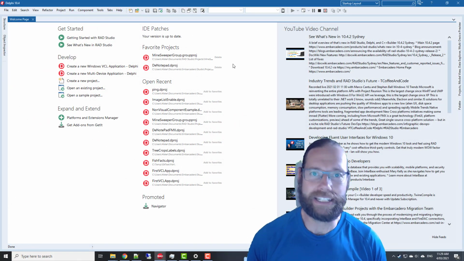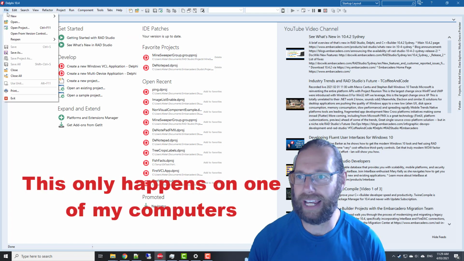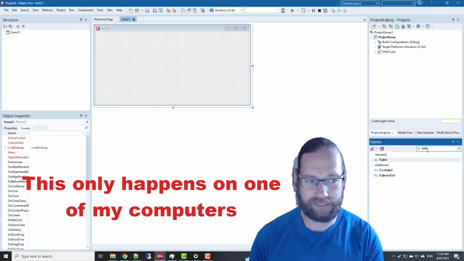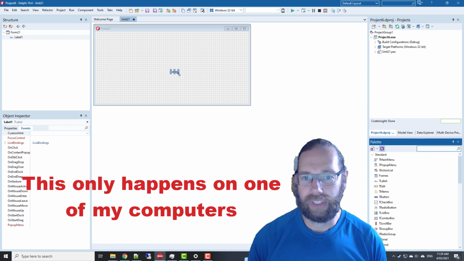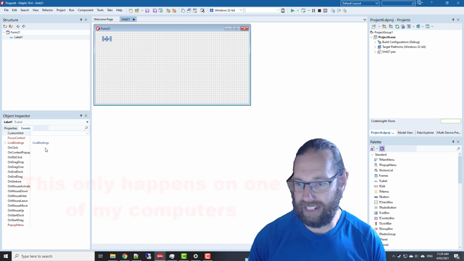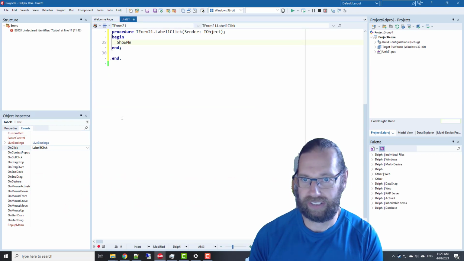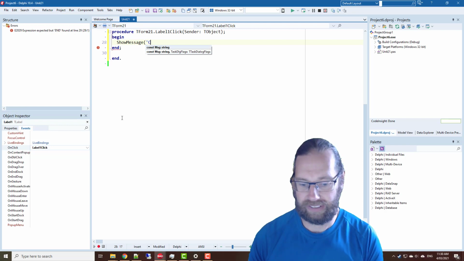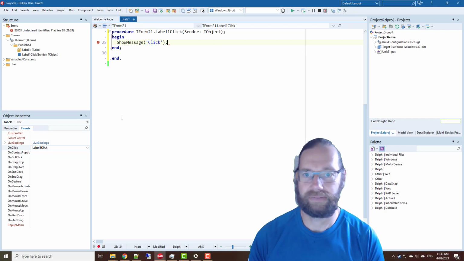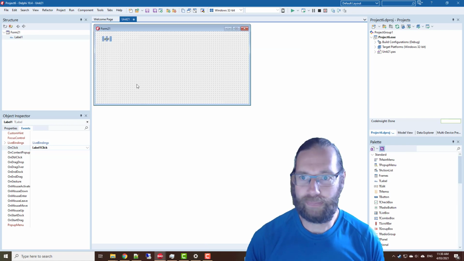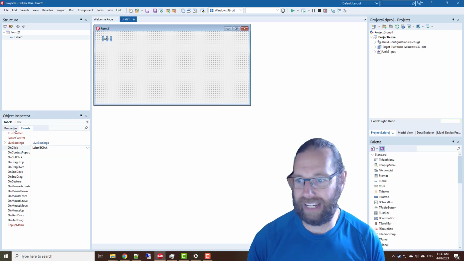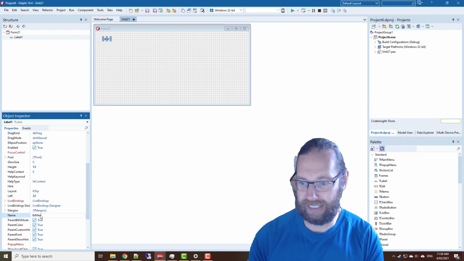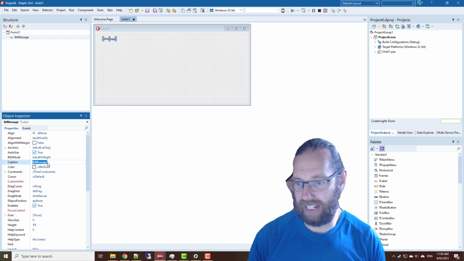I think I have found a bug in Delphi 10.4.2. We create a new VCL application, and I'll just throw a label on. And let's do an on-click event. So nice and simple. And then, well, Label1's not a very good name for that control, so we call it lblMessage and change the caption to